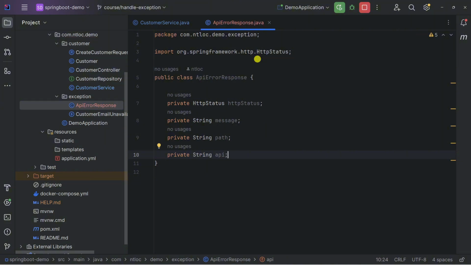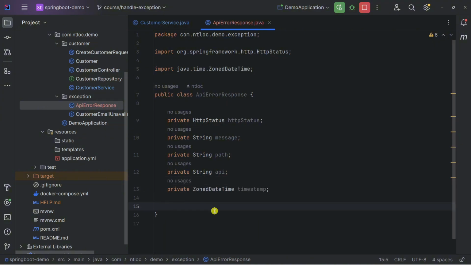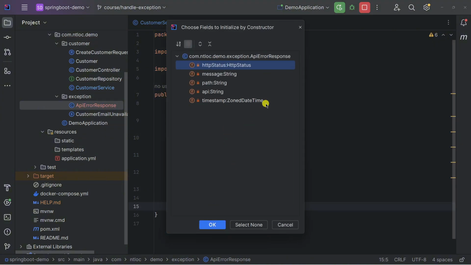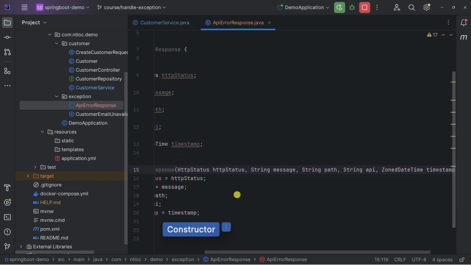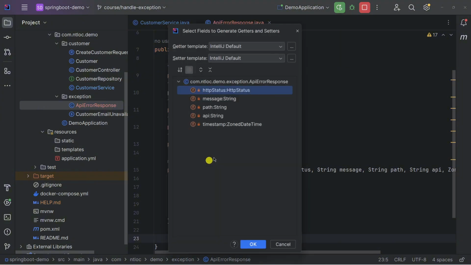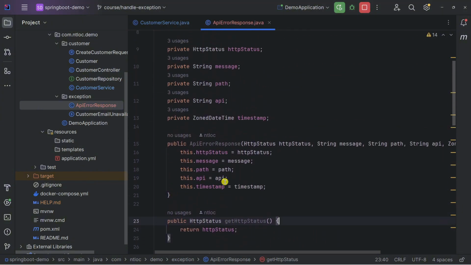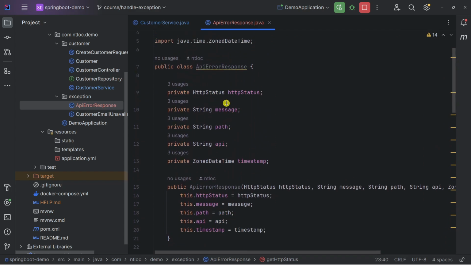This API attribute will represent the API method when the client calls, and the last one is the timestamp. Okay, next let's generate the constructor and also the getters and setters. Okay, cool. Now this is our custom API error response.